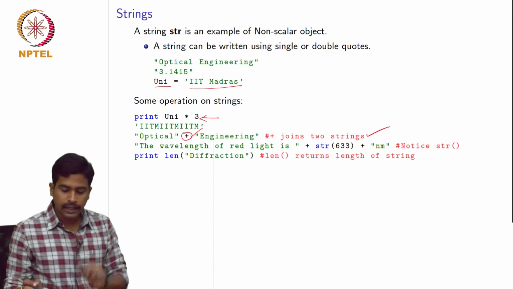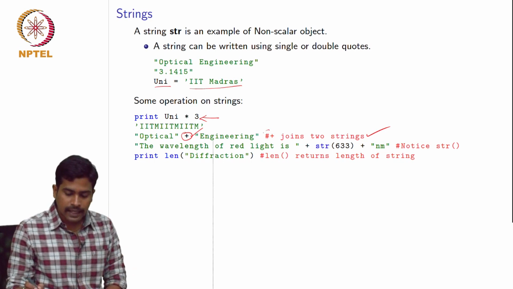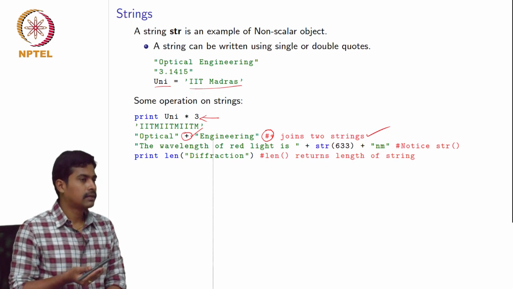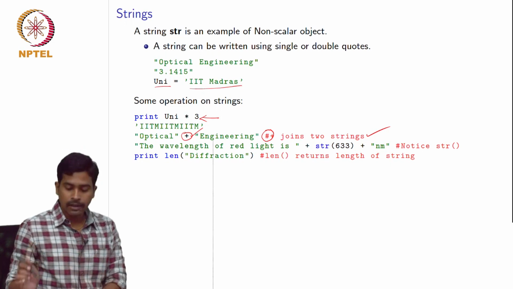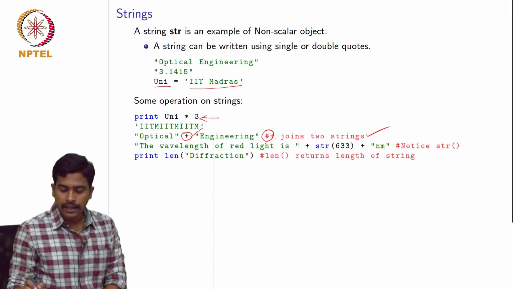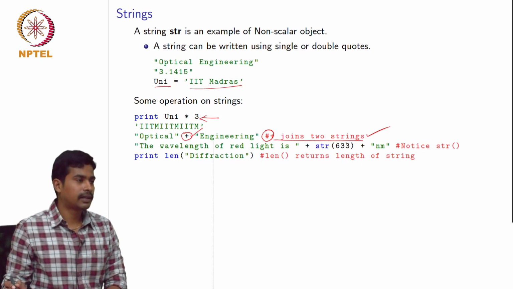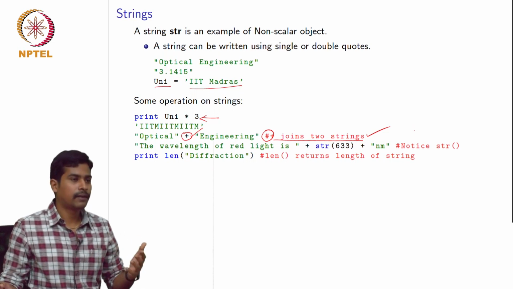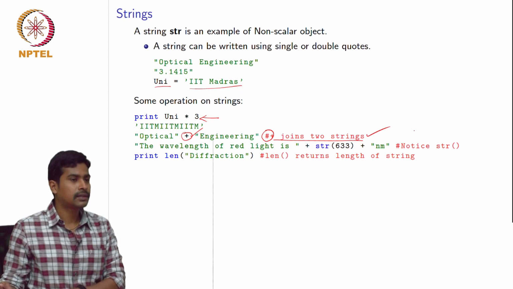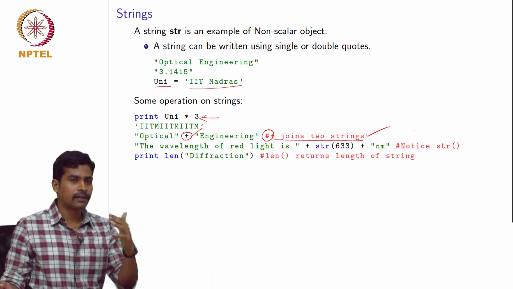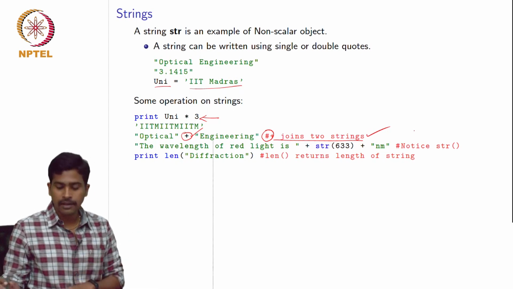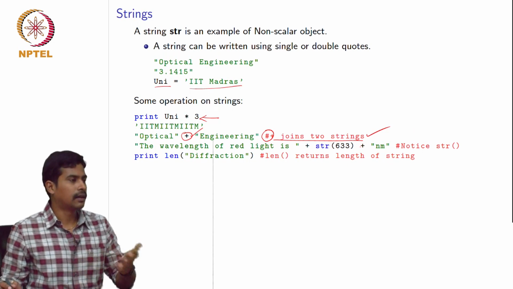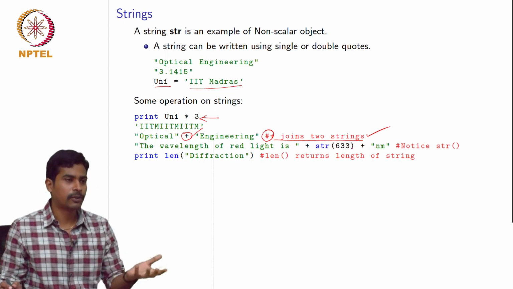Okay. So here another thing I want you to notice, this hash symbol. In a Python program, if you want to write a comment, which should not be executed in your program, you can use this hash symbol and you can write anything after that, and that will not be executed in the program. Using comments is very useful, because when you write a program and look at it after a few months, you may forget what you have done with your variables or your statements. If you use comments, you can easily find out what your program is doing.